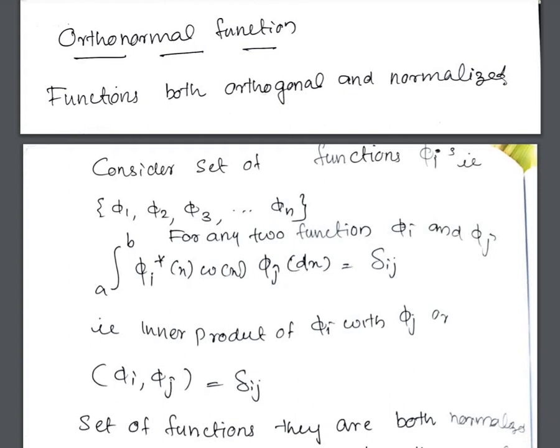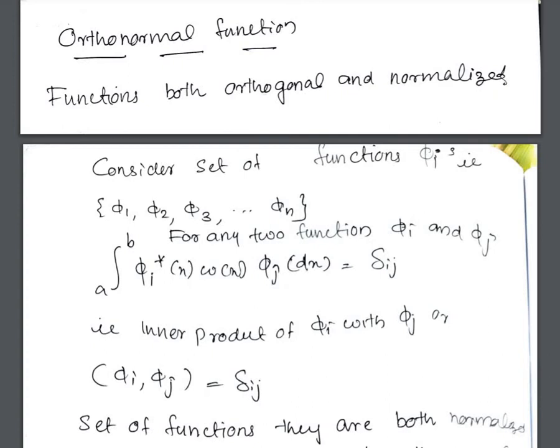Given a set, they are only linearly independent, and it is notated by a letter ui, or it can be generally notated as un of x or ui of x, where n varies from 0, 1, 2, 3, etc. Then we will change this linearly independent set into an orthogonal set, and it is notated by the letter psi n of x. So psi n of x is constructed from un of x.